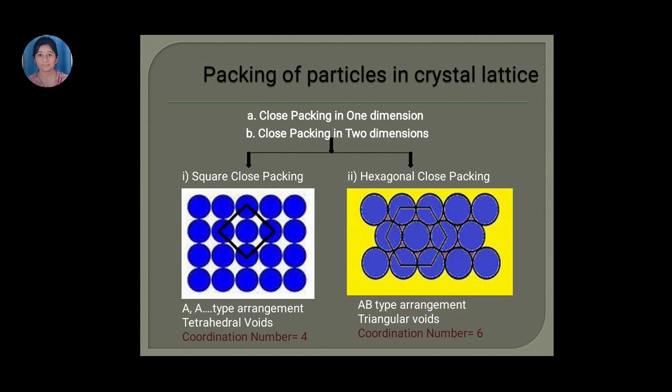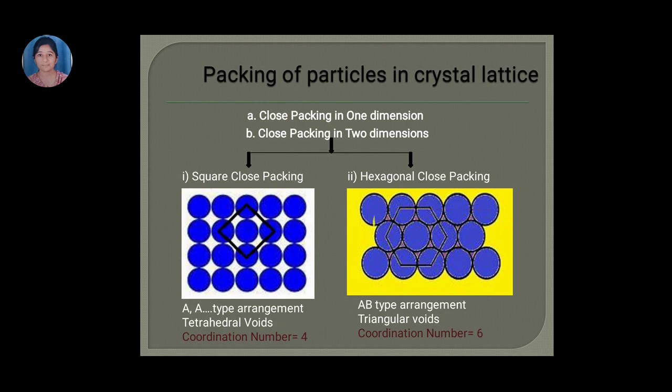Now why is it called AB type of arrangement? Let us see. Here the first series is joined in this way. If you see the second series, it is joined in the depression. So the pattern of arrangement is not the same. If we consider this as series A and this as series B, as they are arranged in a different manner in the space, they have been given different names. That is, this is A type layer, this is B type layer. Now if you see the third layer, it is exactly similar to the first layer, AA.